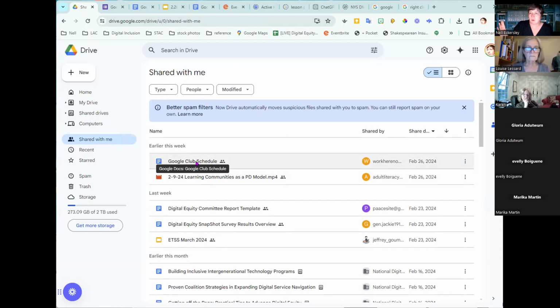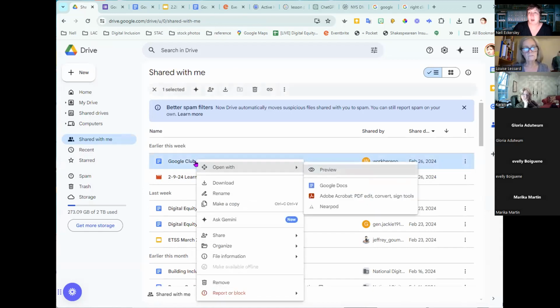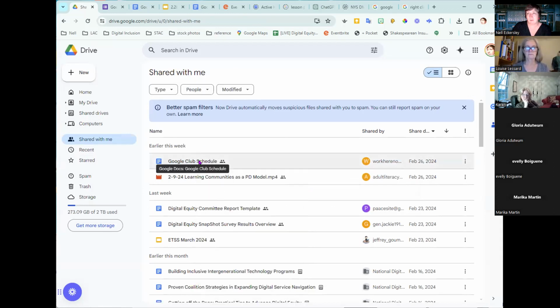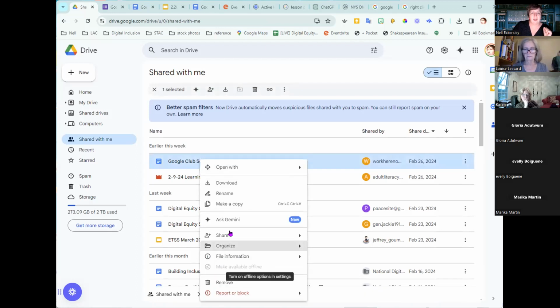I was just showing you a shortcut from a folder. Here's a shortcut from a document, from a file. So folders and files, right? The folder is the folder and the files can go in the folder. So I want to make a shortcut to the Google Club calendar, right? This would be a good one for me to have in all my Google Club folders. I have a different folder for each of our sessions. So I could go here and I could make a copy.